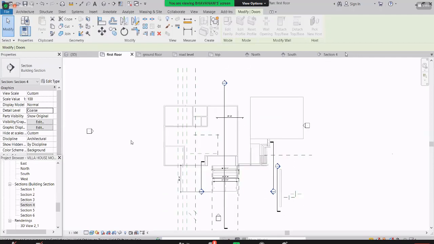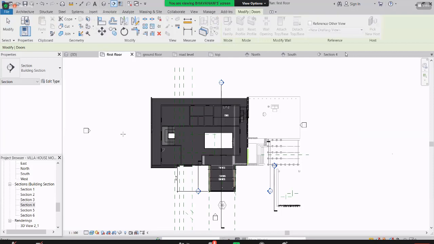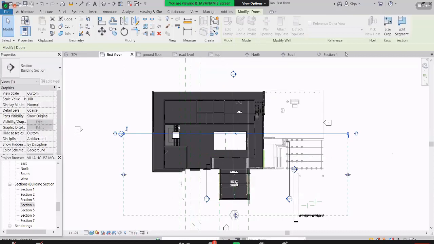See guys, suppose I need to see from exactly in the middle here in this direction. I want to see the section, so just go here. We have a section. Once you click there, it will ask where you need to start. Exactly here I need to start, and exactly in this direction. By using this option, you can manipulate in this direction or that direction. Once you click here, it will show how much view you want to see, this much.